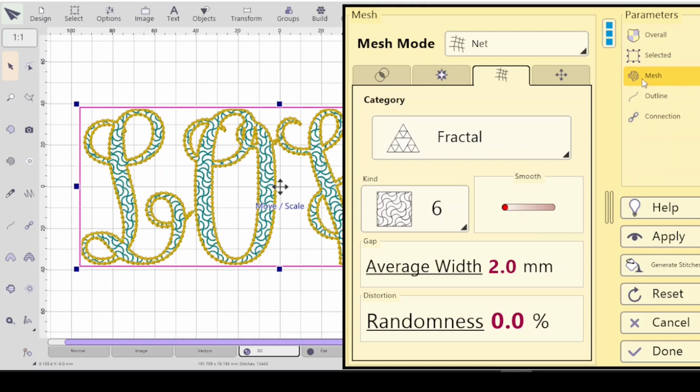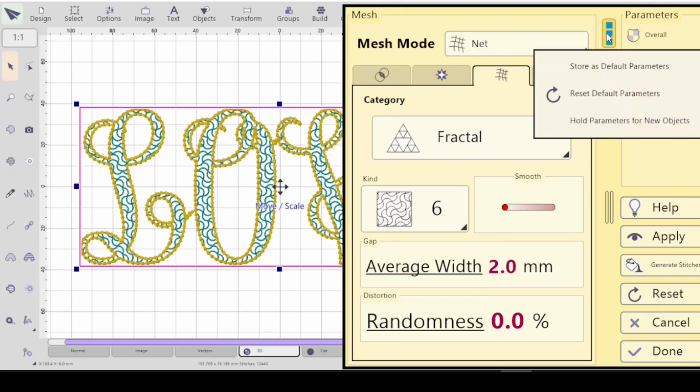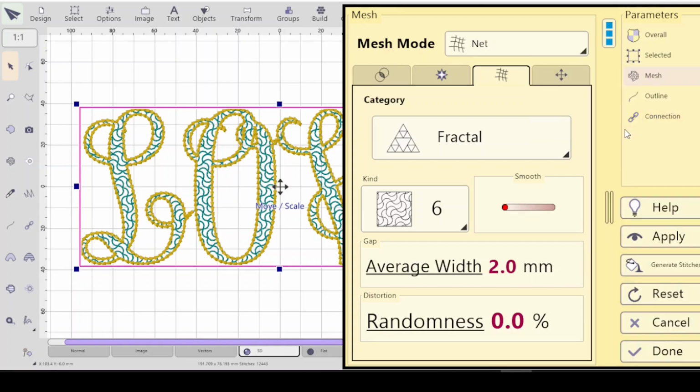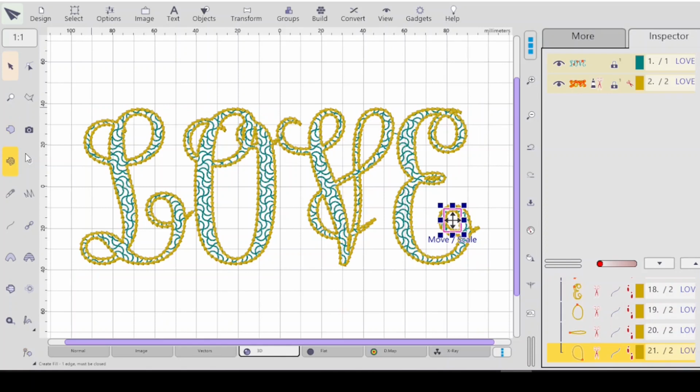If I click on, say, the mesh, if I go to try and save these mesh properties, they don't save. So if I come up here, click the blue dots, store as default for mesh objects, and if I click that, it doesn't hold. It doesn't even hold if I stay and keep this design open. If I click done and I make a new mesh object,